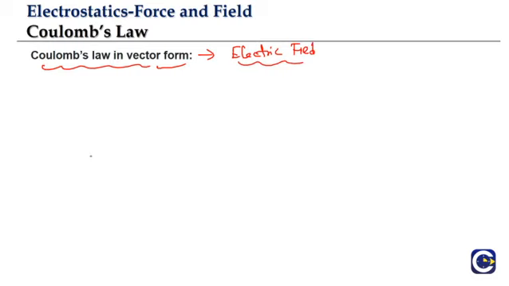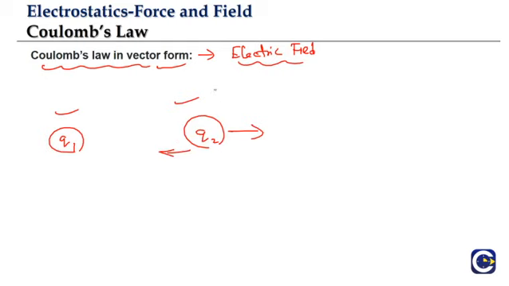Now when we talked about Coulomb's law, we talked about the magnitude of force between the two charges. But force is a vector, which means it will have direction. Is it possible to give the direction of the electrostatic force? So let us take the situation. If we have charge Q1, another charge Q2, and depending upon the nature of the two charges, if they are like charges, Q2 will be repelled. If they are unlike charges, Q2 will be attracted.